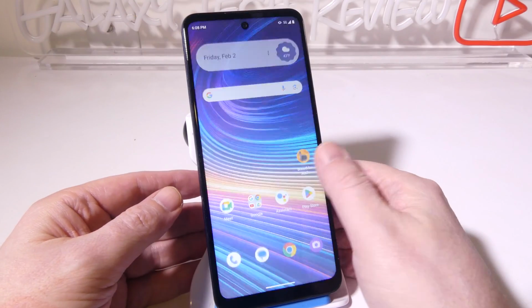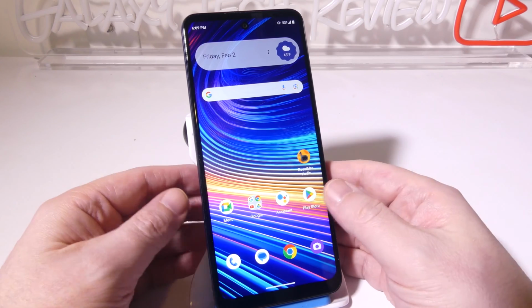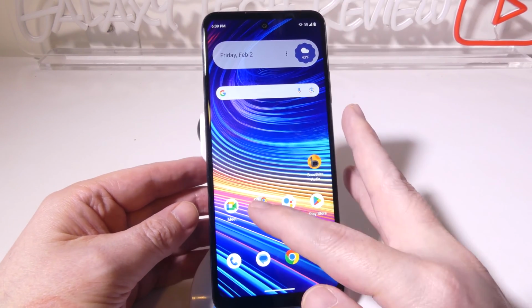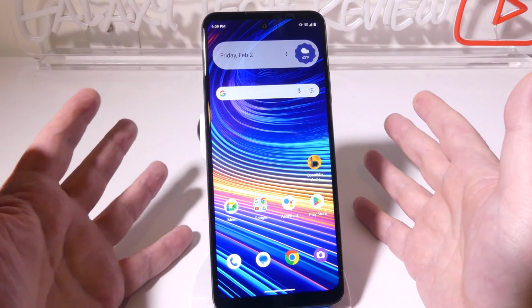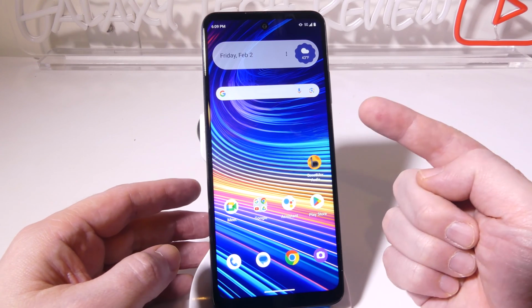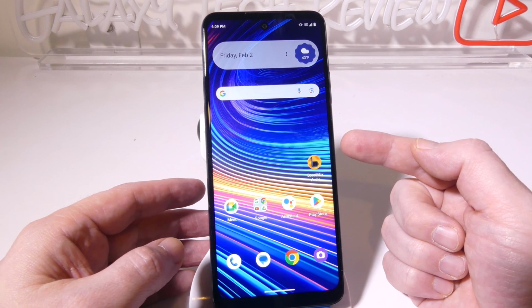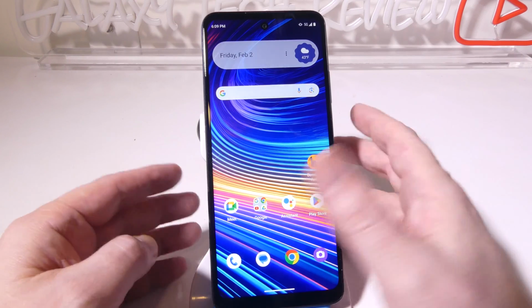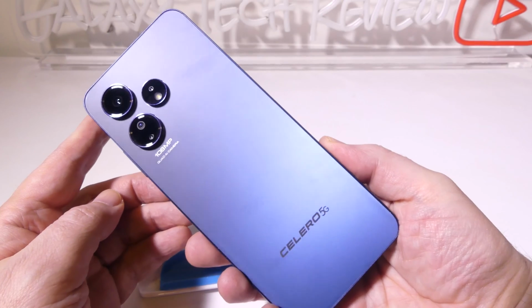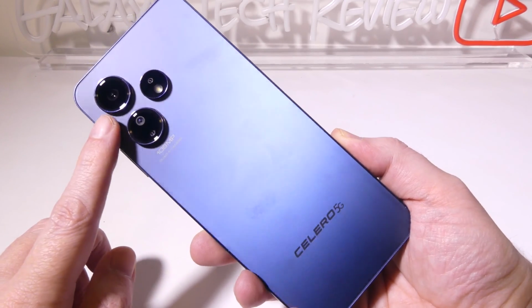Okay, so you have your basic stock Android experience here like we did before with the iterations of the Celero 5G Plus. Again, we have that gigantic 7-inch display that's full HD plus, IPS Gorilla Glass 3, and then you have 2D Gorilla Glass 5 on the back. You have that mid-hole in-display punch camera at the front, which is also going to be 16 megapixels for you there. On the back, we've got our quad camera setup, and I did kind of already go over this, but